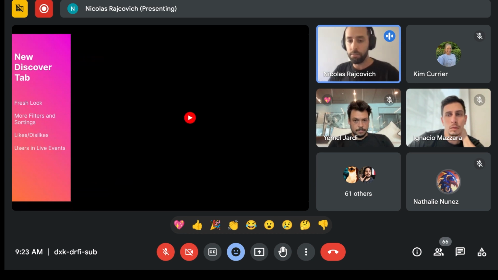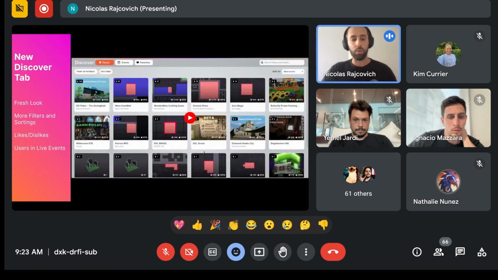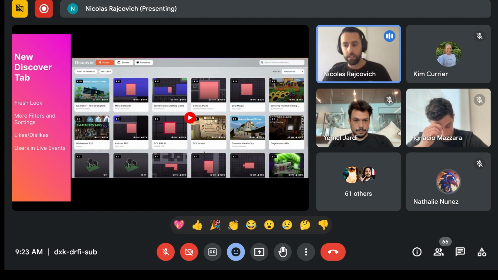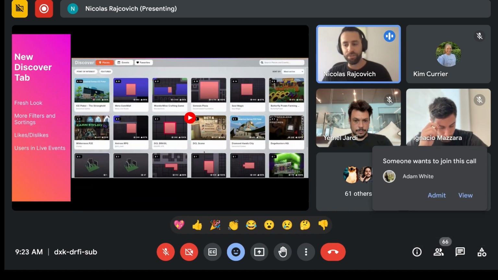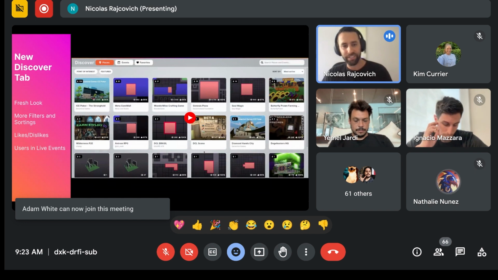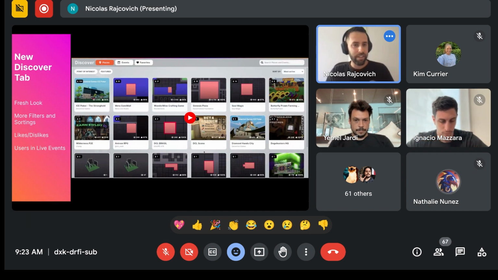You can see the most liked and disliked places as well. You can check how many people are present in live events. So it's a great tool to find new content, to be surprised by the things that Decentraland has to offer. So yeah, I invite you to go ahead and discover all the cool stuff that is happening on a daily basis in Decentraland, and it should be easier to find that engaging content.